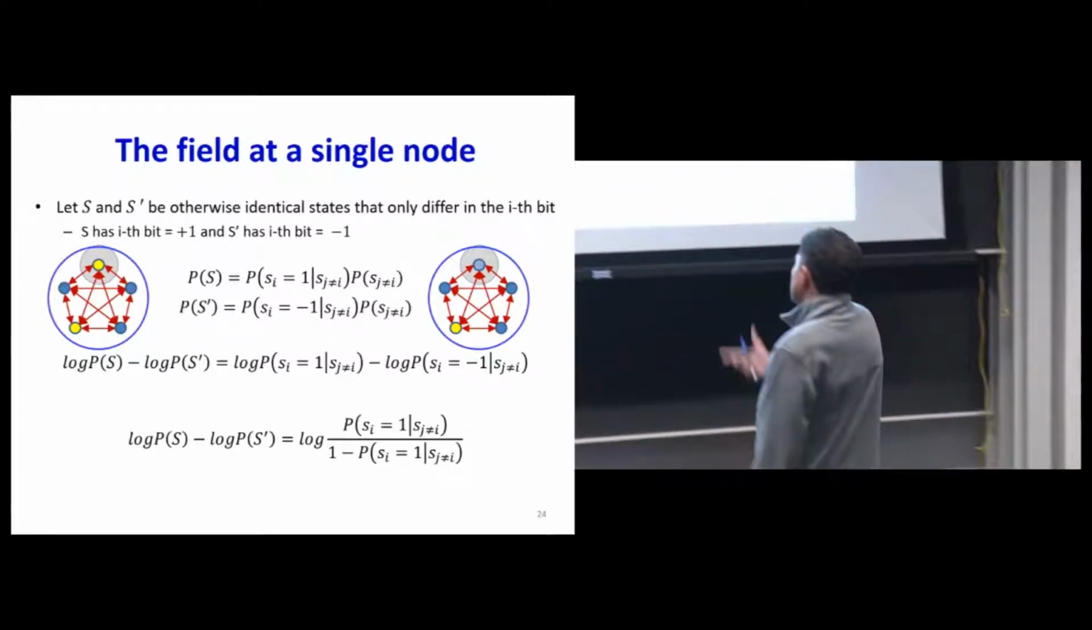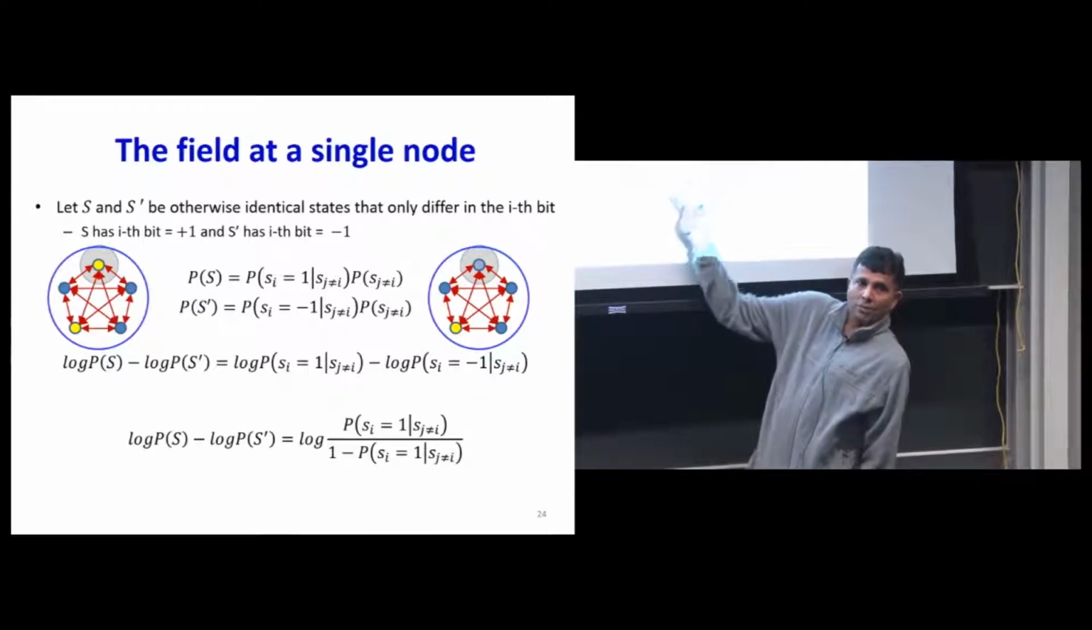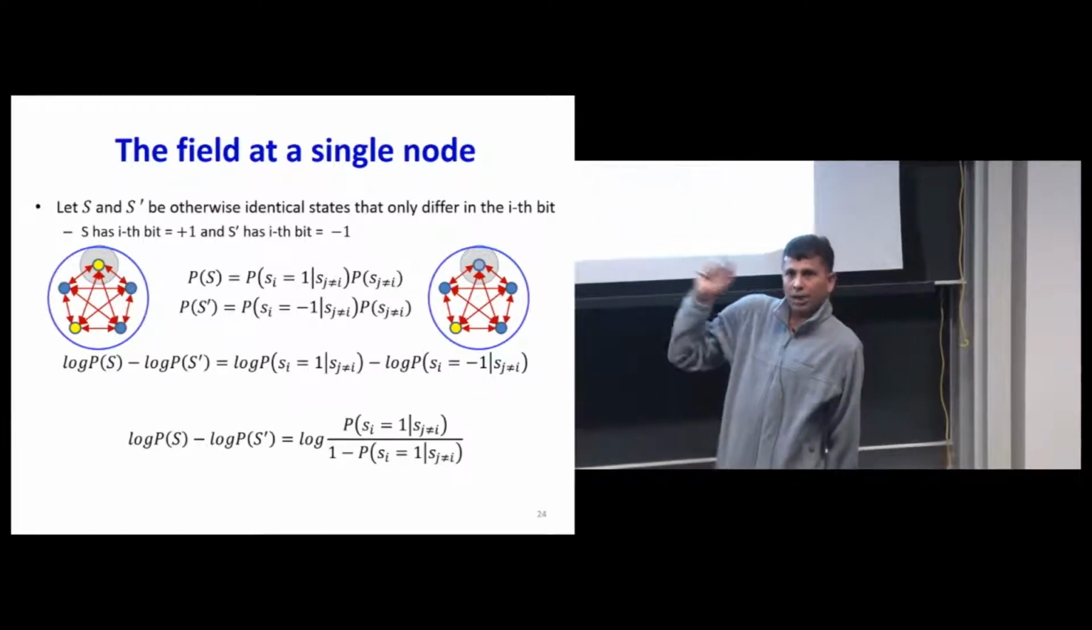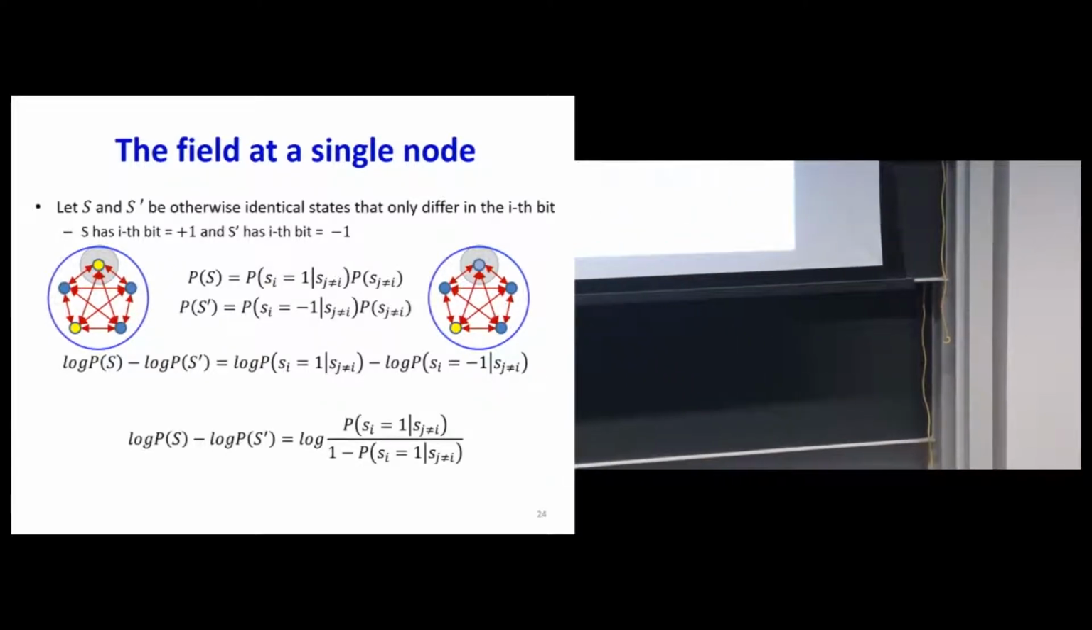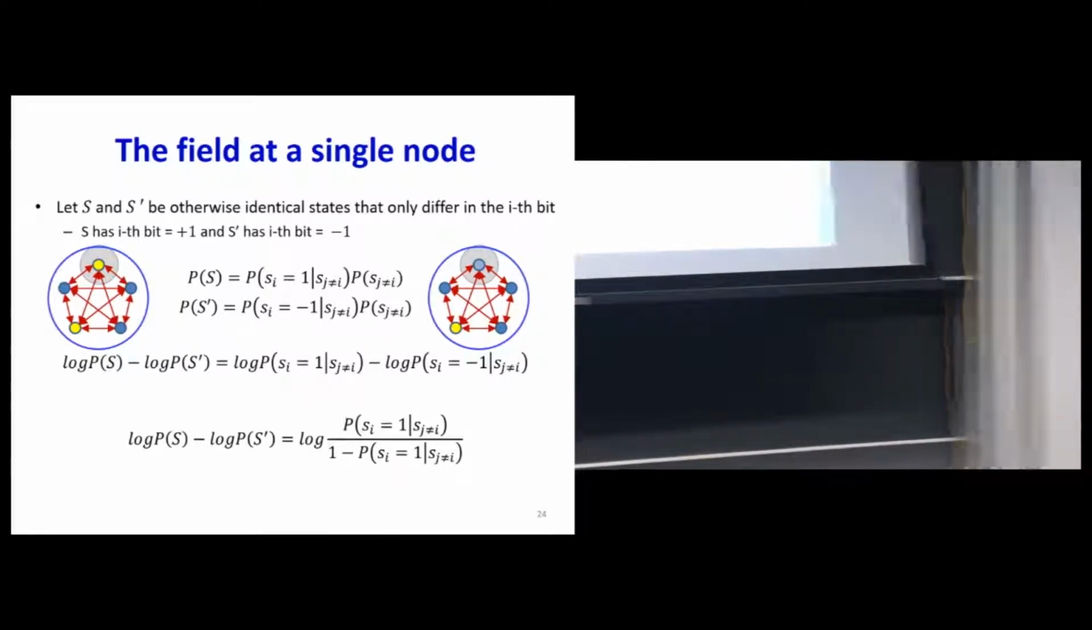So this denominator is simply 1 minus the numerator. So I can actually write this log probability in this manner, right? And if you actually work this out,